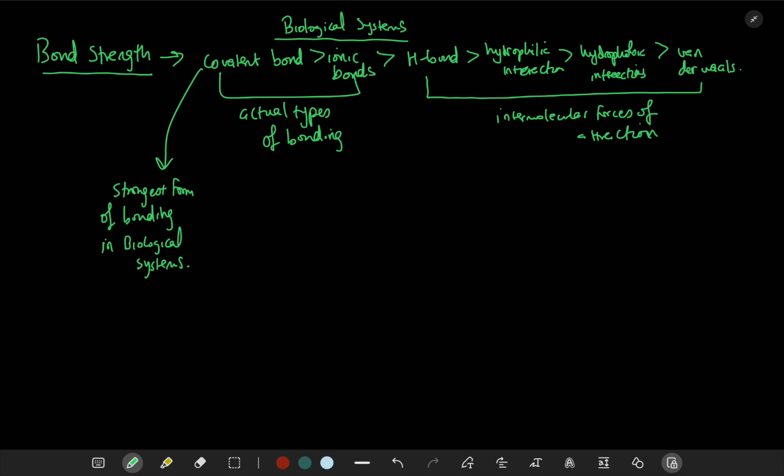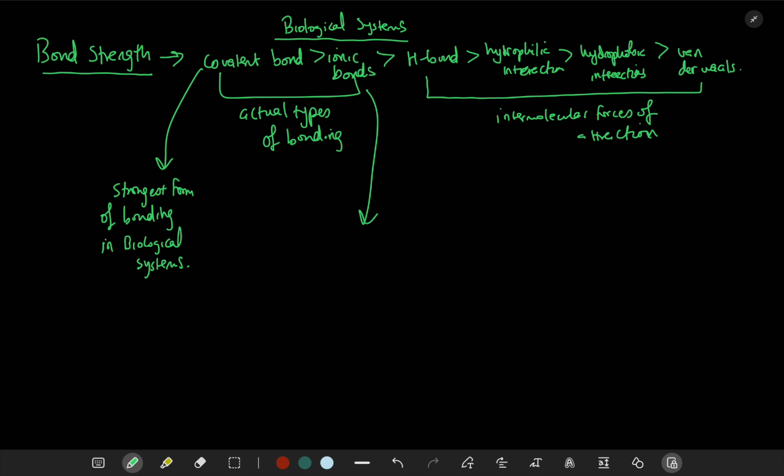Now, ionic bonds are quite interesting, because with respect to the presence of ionic bonds in biological systems, they're not as strong as covalent bonds, but ionic bonds have higher theoretical bond strength than covalent bonds. So why is that, and what does that mean? Well, the reason ionic bonds have the higher theoretical bond strength, but are actually weaker than covalent